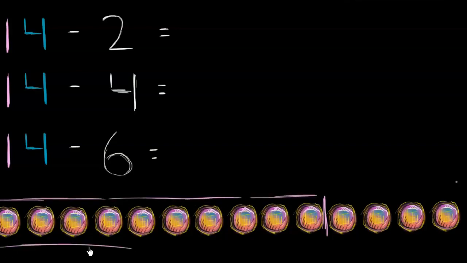So let me box that off. So I have my group of 10. And then how many ones do I have? I have 1, 2, 3, 4. I have 4 ones. So this is indeed